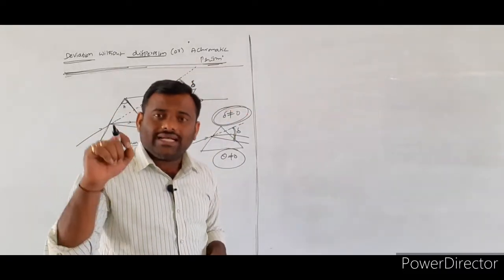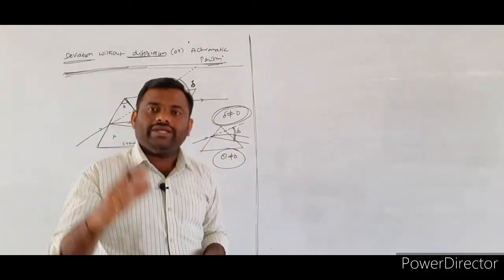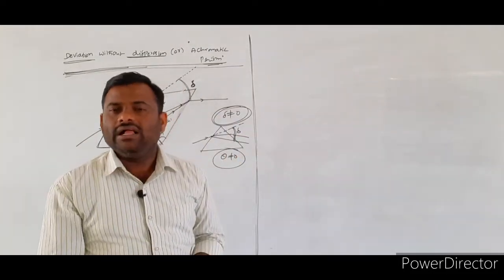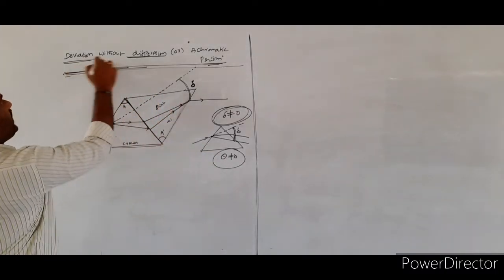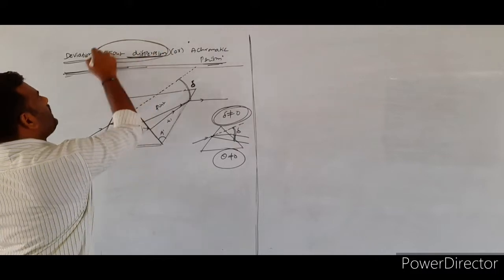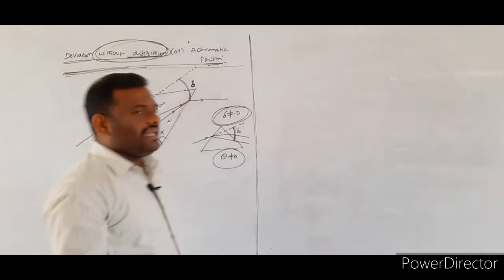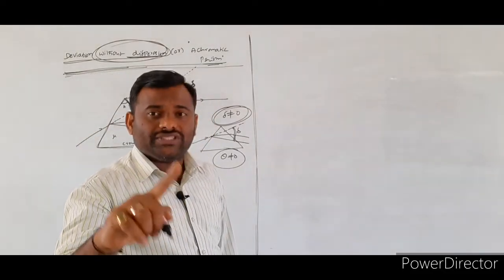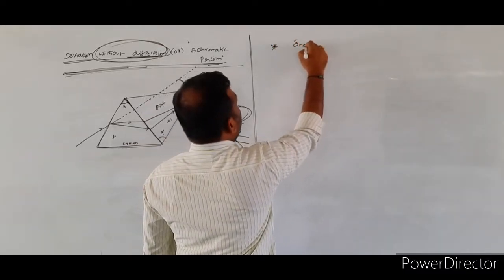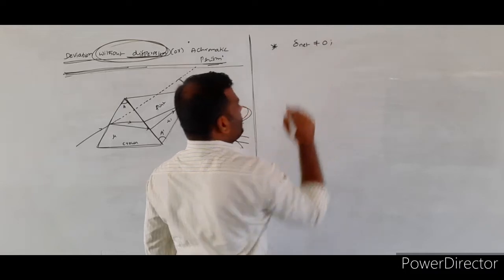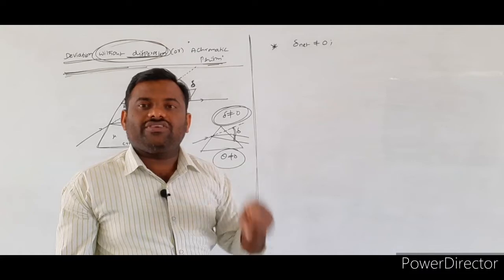Such a combination of two appropriate prisms we call an achromatic prism. What is the need of the achromatic prism? By using the achromatic prism, we reduce the dispersion of the light. That concept is nothing but deviation without dispersion. Deviation will be there, but no dispersion takes place. So we have to keep in mind that the resultant deviation is not equal to 0.